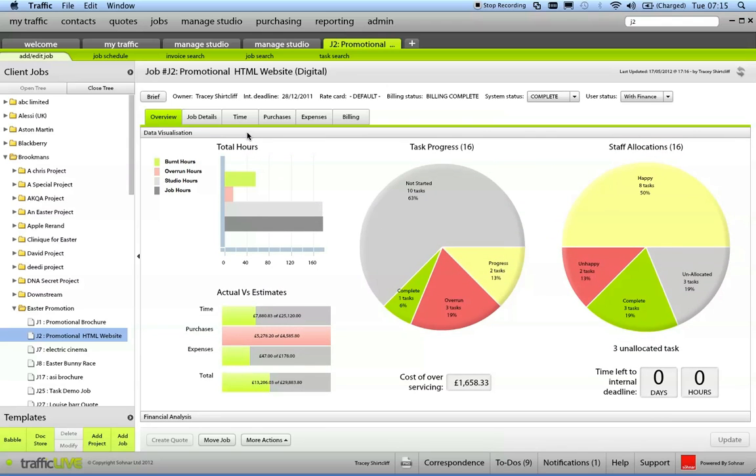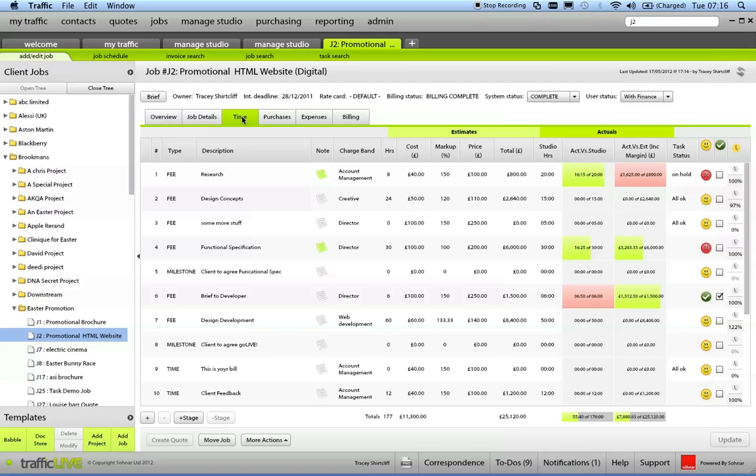But in Traffic Live, we love to visualize things. So this tells me the value of overservicing, how much is left to my deadline, how my tasks are progressing, and even how the team is feeling. If I need more granular detail in that, as a project manager, I can certainly just click on it and drill in. It will show me here